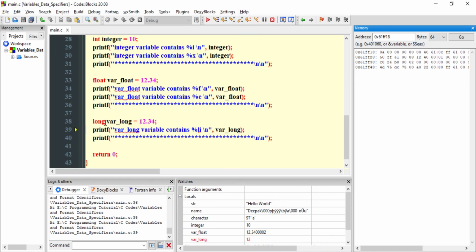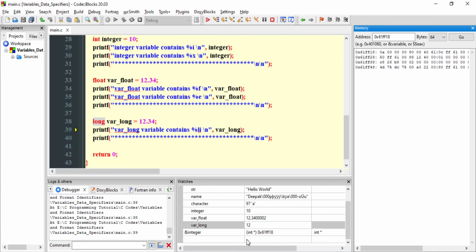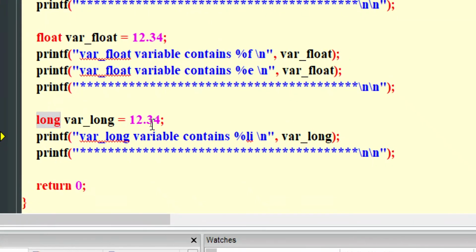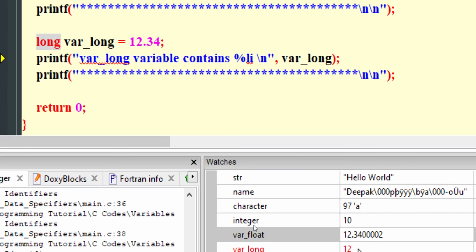Now let us go to the next line. We are going to use a variable var underscore long, that's the name of the variable, and the data type is long. If you see here, var long contains 12 only. In the bottom you can see var long contains 12. It does not contain 12.34, so it ignores the decimal notation of .34.